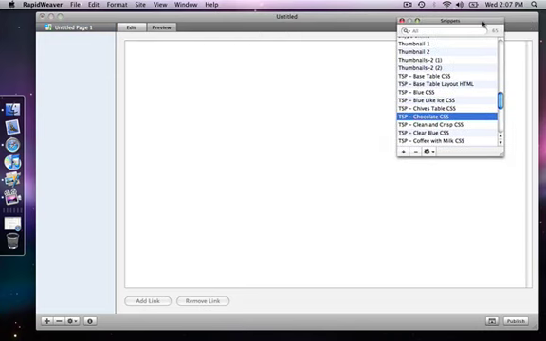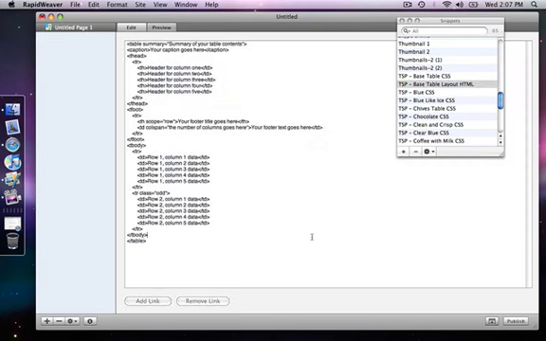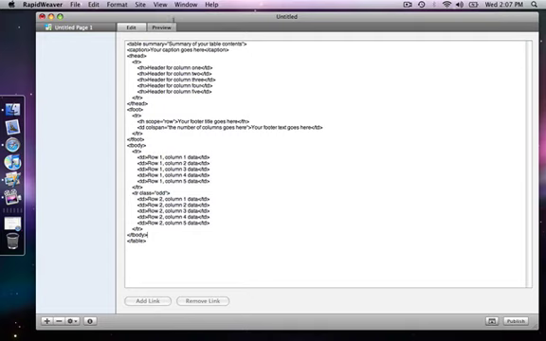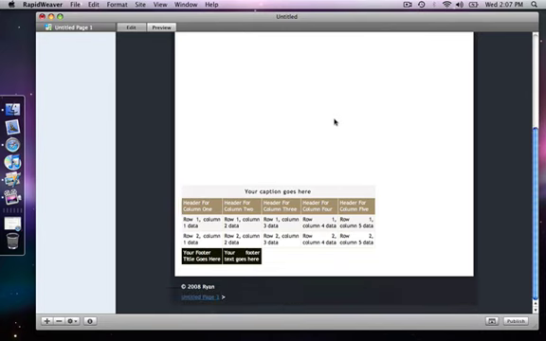Next step is to put the HTML into the content area. So I'm going to take my base table layout HTML and grab that and drop it right here. So we have a lot of code that is created, but it's really simple because I just dragged it and dropped it in. So I'm going to preview and take a look at how this is shaping up. Oh, there it is down there. So we have a quick table, and now I just need to edit these